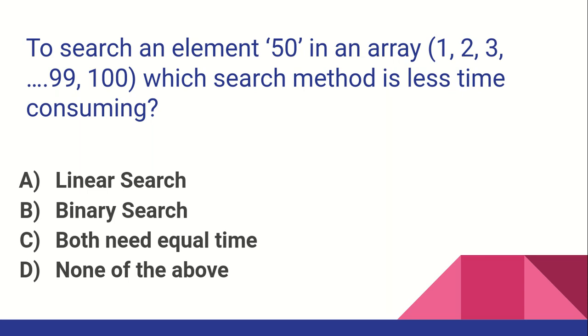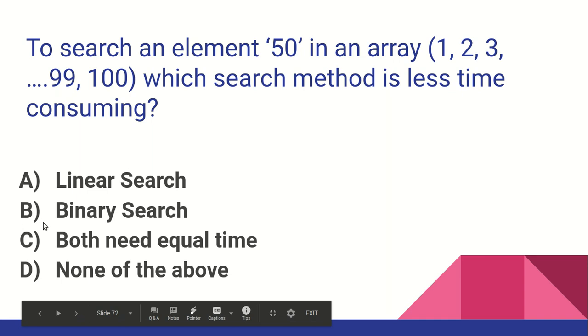Now binary search, so how many comparisons will be needed for 100? Again our trick: 100 is in between 64 and 128. So the number of comparisons required is either 6 or 7, because 2 raised to 6 is 64 and 2 raised to 7 is 128, and 100 is in between. So obviously, linear search takes 50 comparisons, binary search 6 or 7 comparisons. So the answer is binary search. Yes, we get the correct answer here.